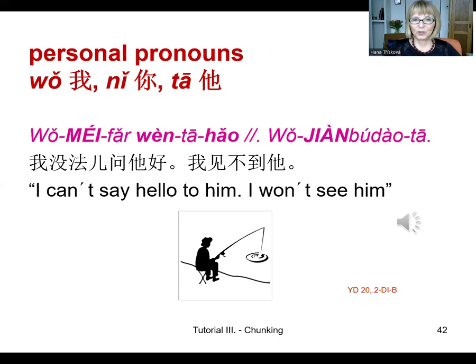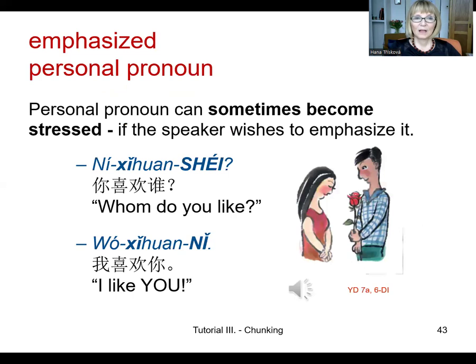Listen especially to the first 他, which is very, very weak. 我没法问他好，我见不到他。我没法问他好，我见不到他。